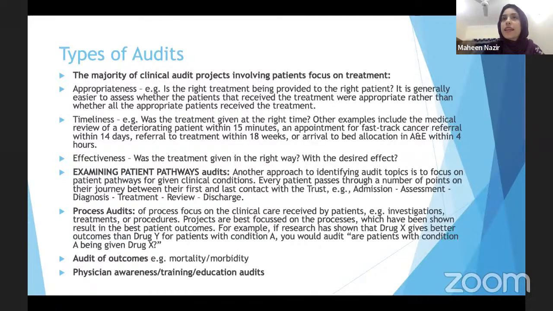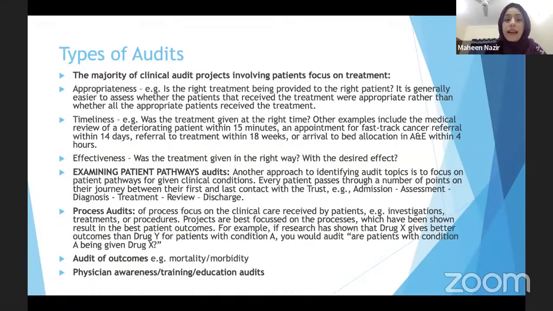And then, the set standard is that it should be injected 90 degrees subcutaneously. So that's already a standard, right? So something like that. Or it could involve examining patient pathways. For example, sometimes we're going to find cases where discharge of patients is delayed, which results in prolonged stay at